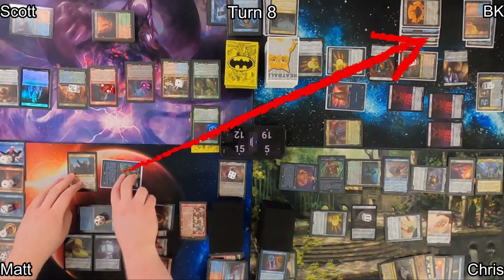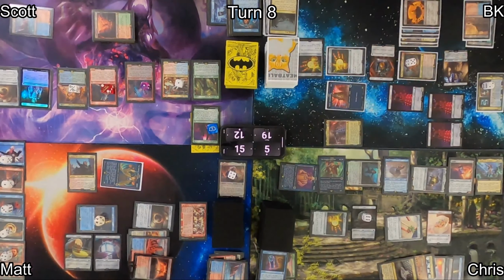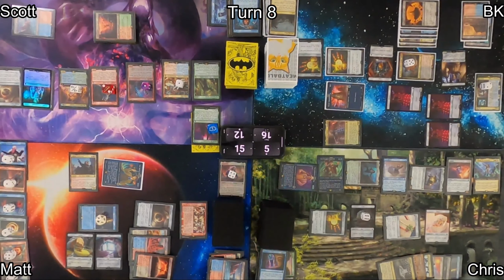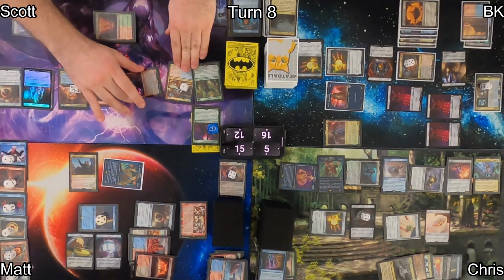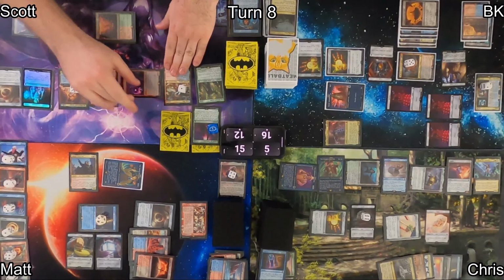He moves into combat, swinging his commander at me. This will allow him to suspend a card off the top of his library. At this point, I just have to take the damage and drop to 16. He passes the turn, and on his end step, Scott once again activates Yasmin, exiling a card,